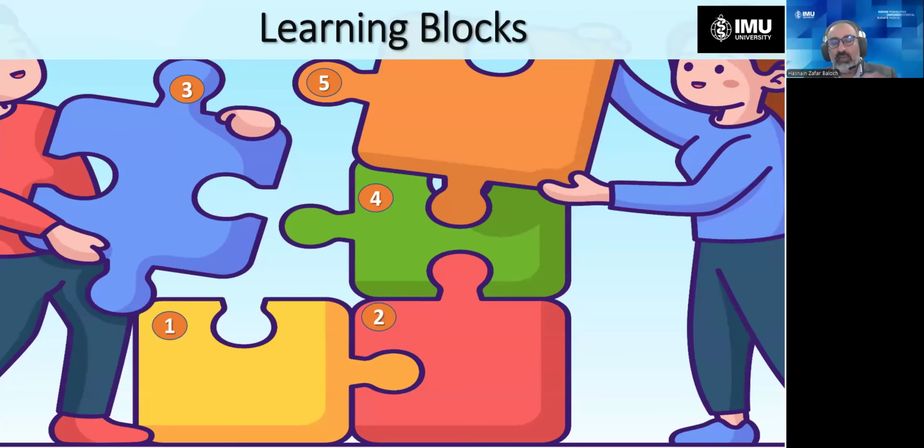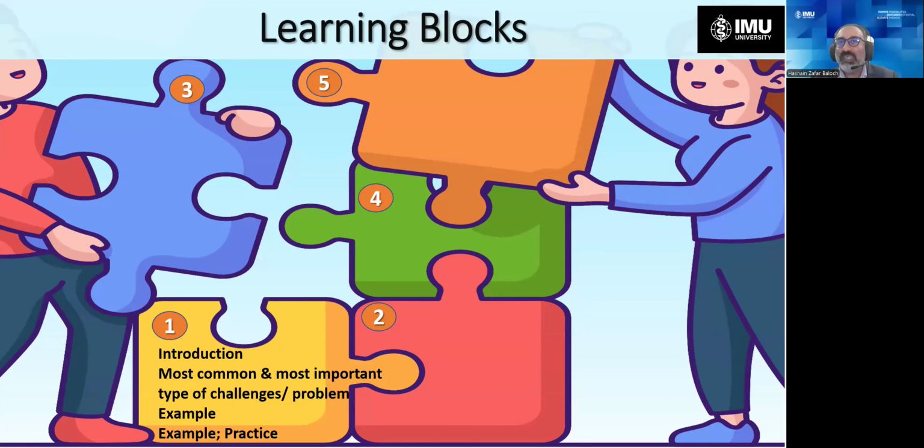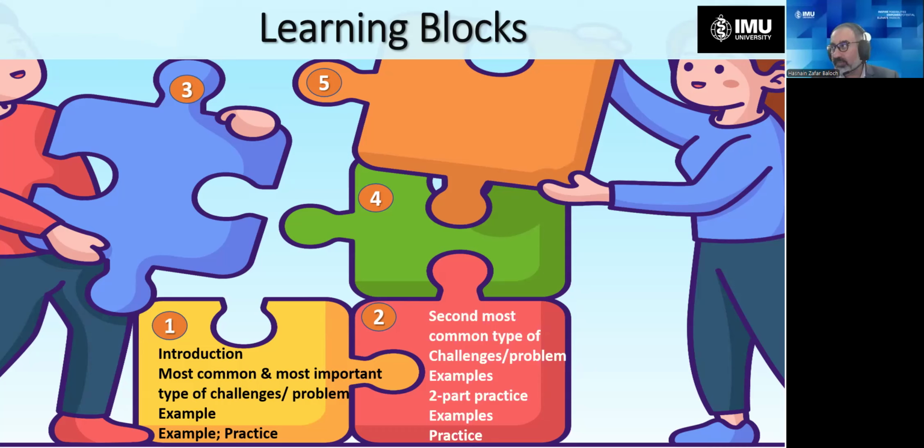Now, this is a very important slide. I would like you to pay attention. It's like a building block. If you can understand this slide, you can build a 40-hour micro-credential course easily, or 80 hours, or 120 hours, because you just need to repeat. Number one, introduce the topic, and then pick the most common and most important type of challenge or problem in that topic, give them an example and some more examples, and let them practice. Then move to the second most common type of challenge under that topic. Give some examples, let them go through